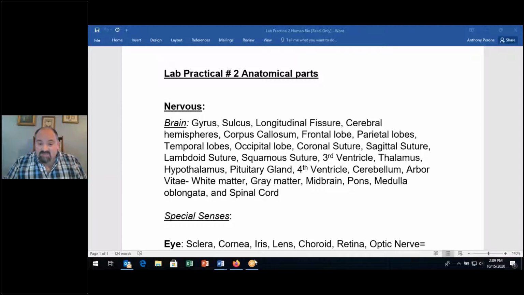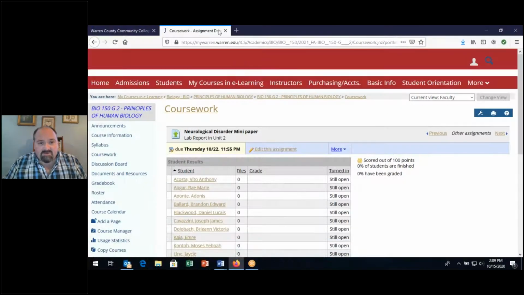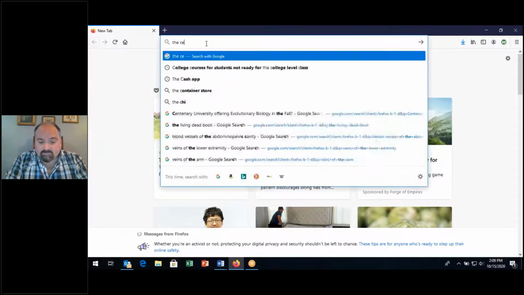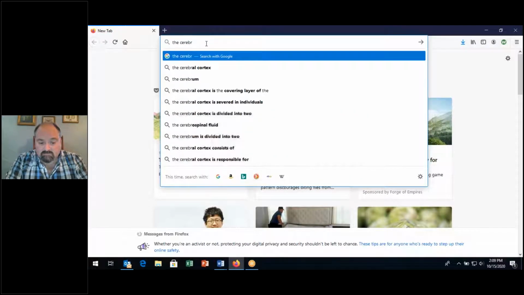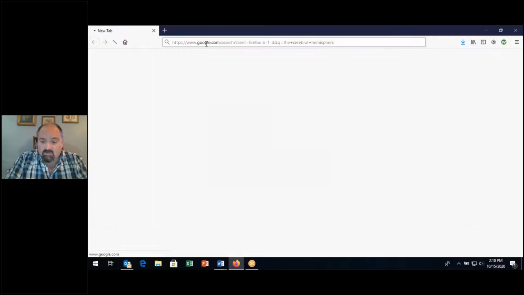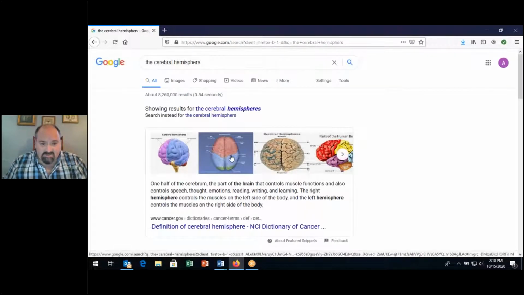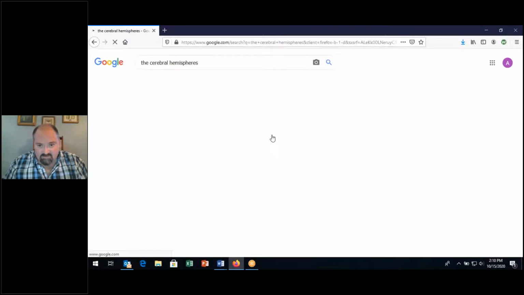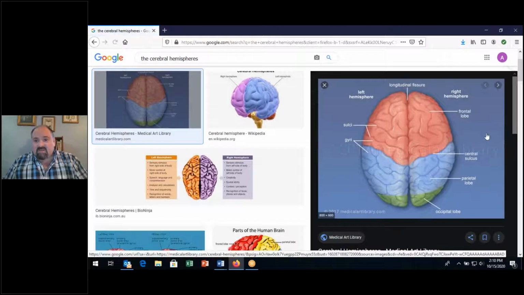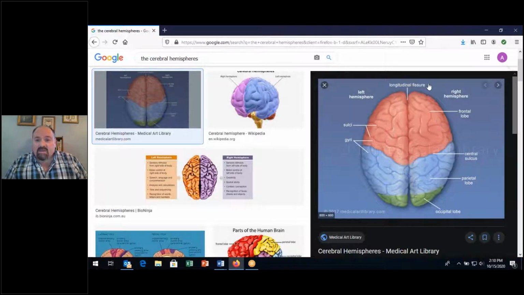Actually, you know what? I don't have it in the image here, but I would like to show you. Let's do that right now. All right, so the cerebral hemisphere, this is a good image that I would like to show you. As we're looking at the hemispheres here, this would be the anterior, the forward,